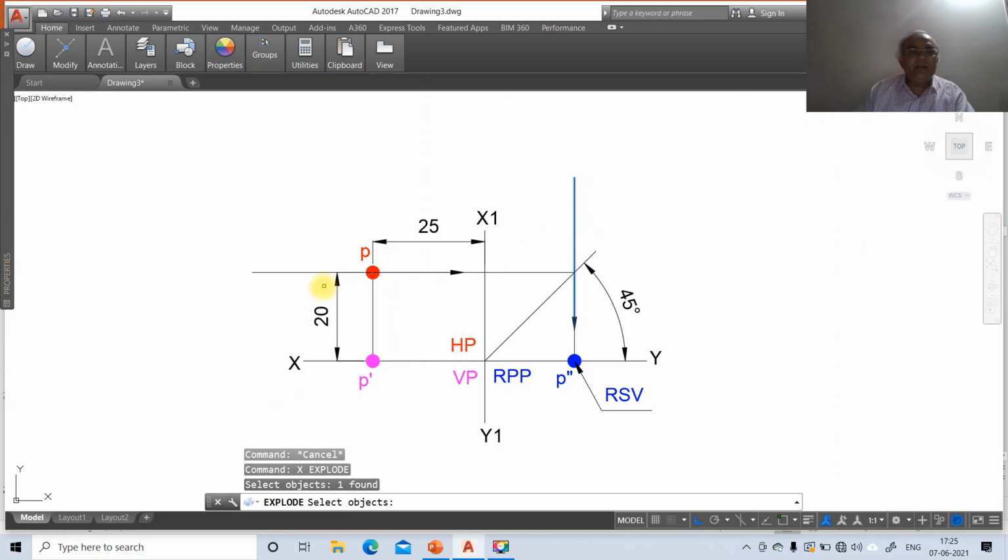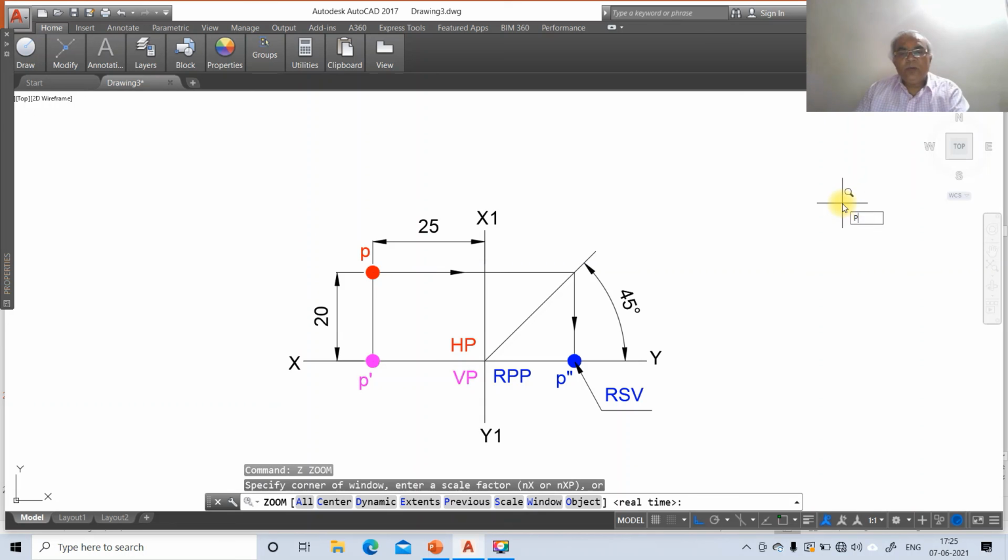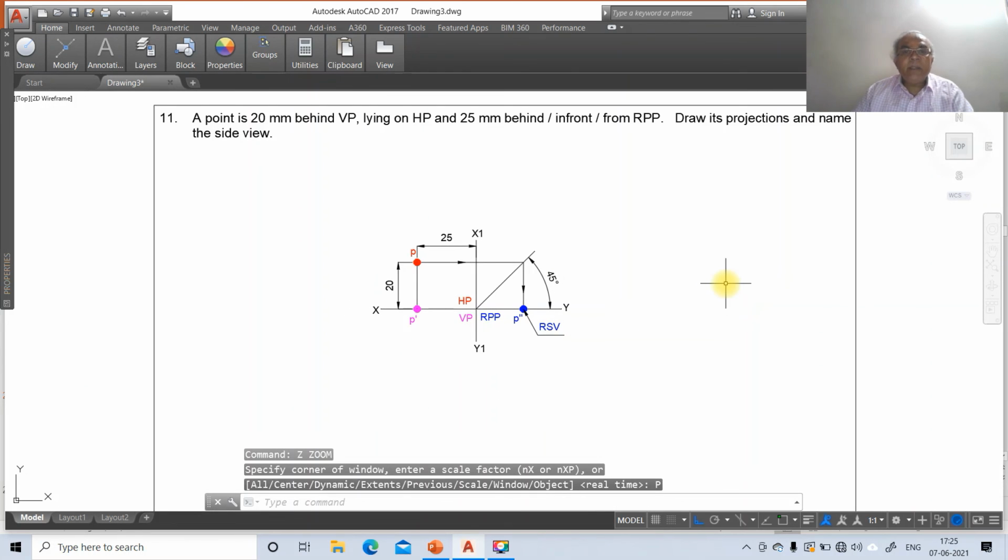Then go to explode, you select this line and you select this, so it will erase only the leader lines and it will retain the arrow size. So now this is how you are going to get this drawing, and this is the final drawing. The side view, including the side view, both are going to have the same thing.